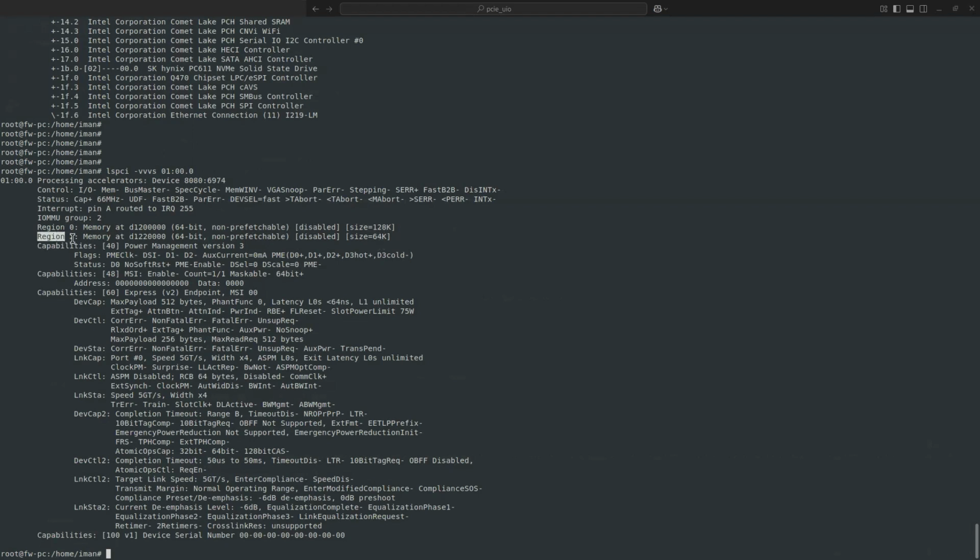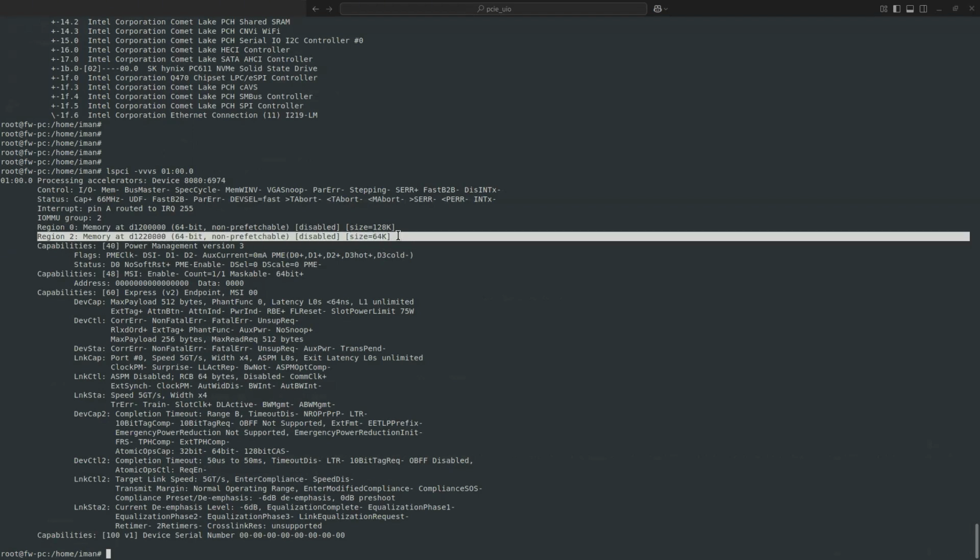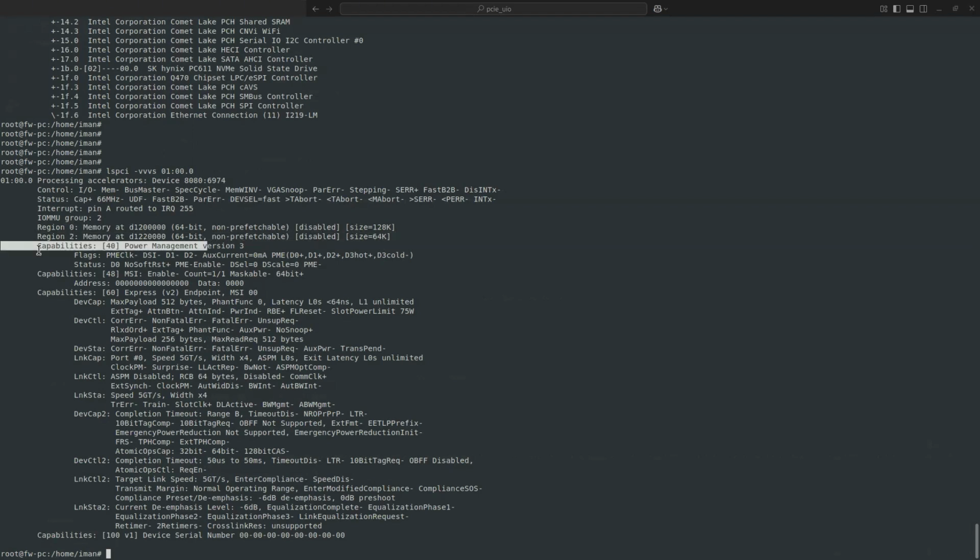And another region is this, BAR 2 actually. This is part of my design that is useful for DMA and other parts. It's not in our discussion, so we just focus on this BAR 0.